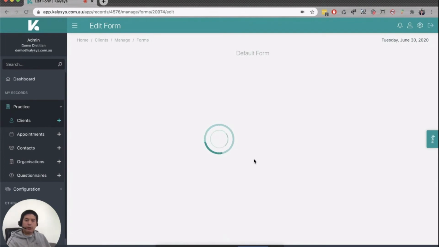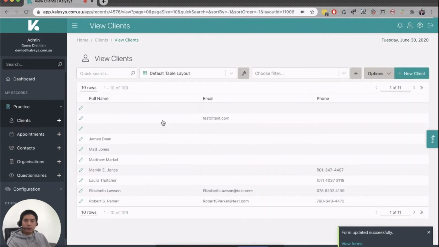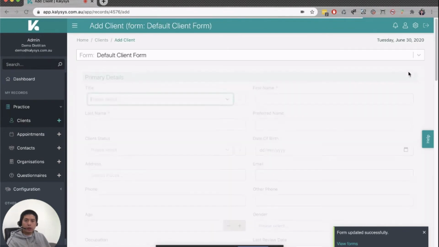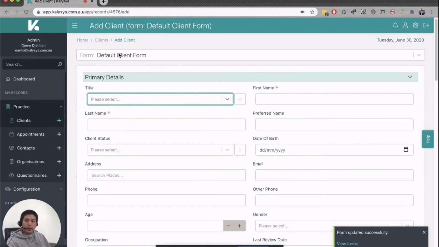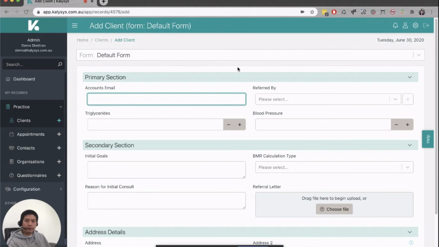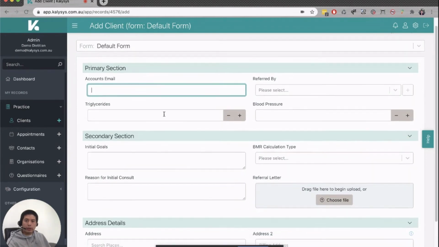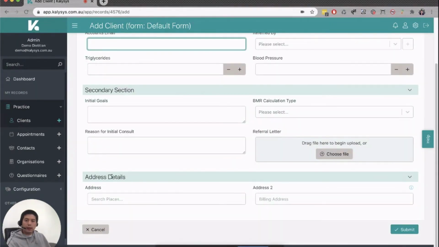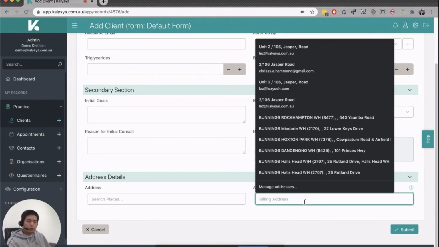Now that we've submitted this form, we can go back to our clients, and we can click Brand New Client. Now this isn't the form that we edited, it was this default form up here. So we're just going to click on this one, and as you can see, it's got our primary section, our secondary section, and our address details that we added, and we've also got our address to. And as you can see, it's got our placeholder saying billing address, our description explaining to our users what it does, and if we were to type in here